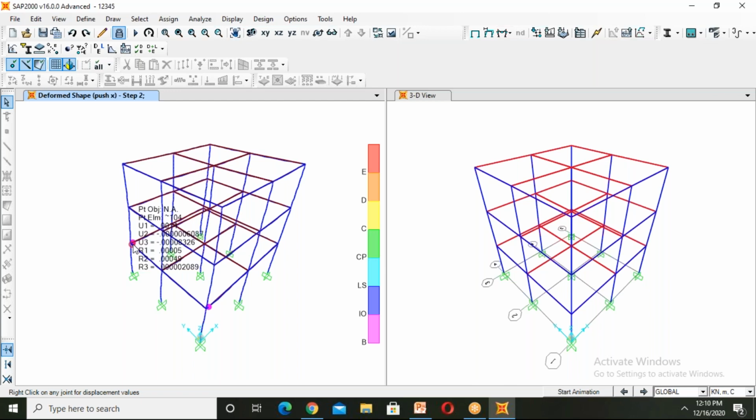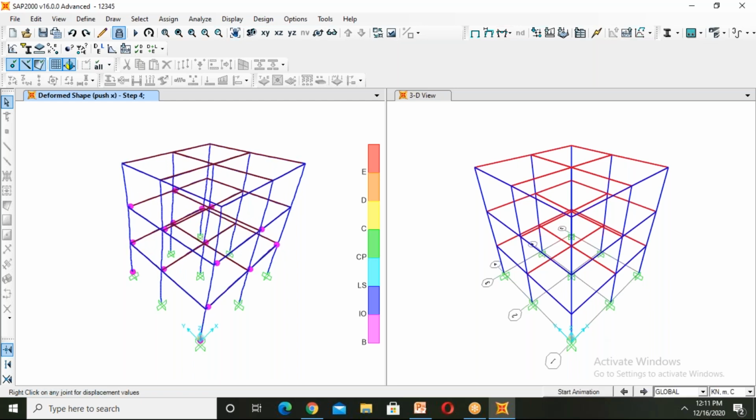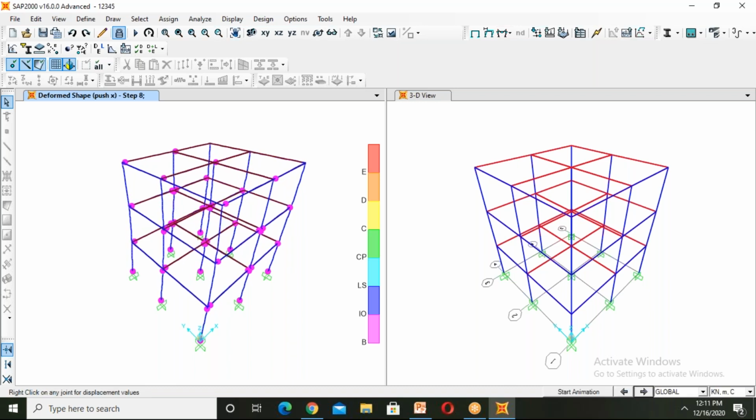So this is the first place where the crack may appear if that load has been applied to the structure. This is how the cracks will be formed if the structure is being loaded with that load in a continuous manner or at a time.